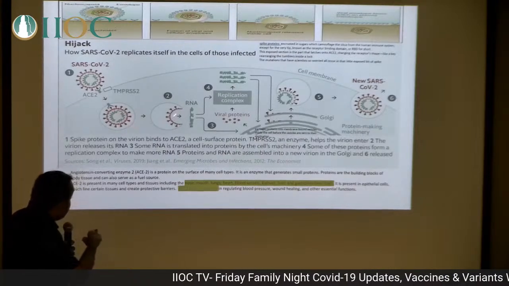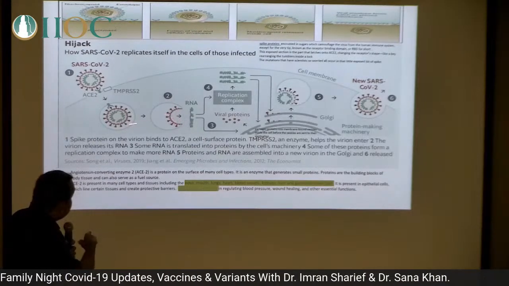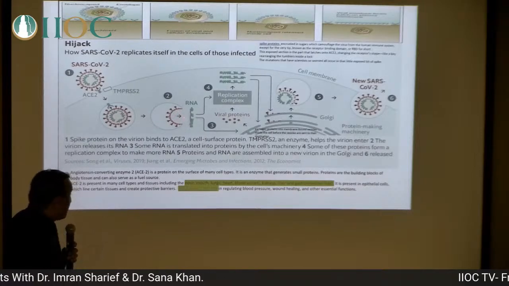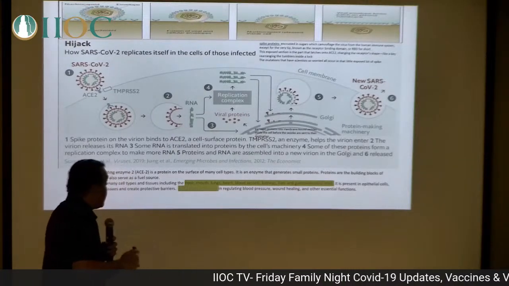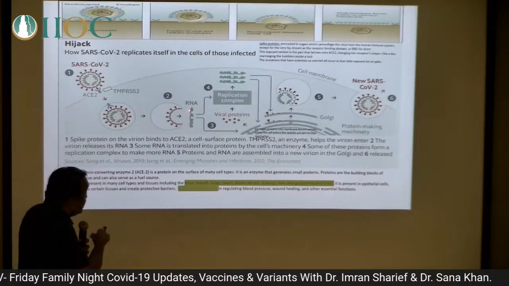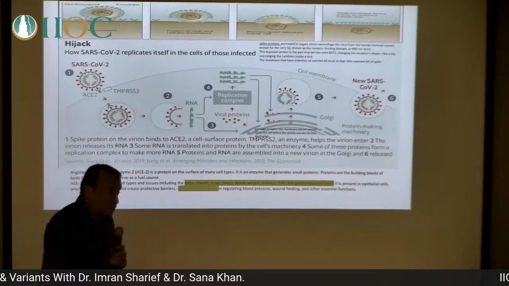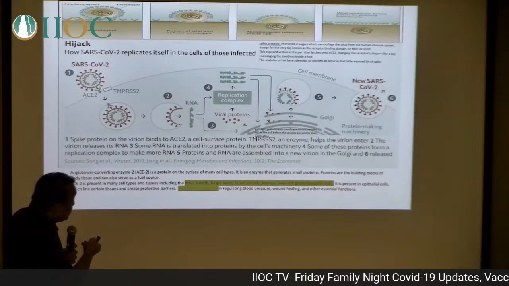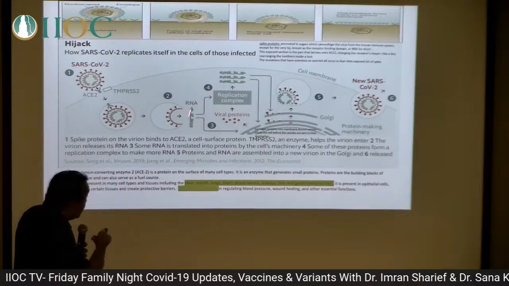As it gets into the cell, this outer protein, this outer layer, then opens up and releases this inside coding mechanism. It's an RNA. So it releases it into the cell, and it is just brilliant. It's a brilliant mechanism, maybe some evil genius, if you want to call it that. But what it does is, this RNA essentially takes over the mechanism of the cell and utilizes the cell's own factory to reproduce itself. It basically starts to formulate proteins, and those proteins then start making more of this RNA, what's inside of this.